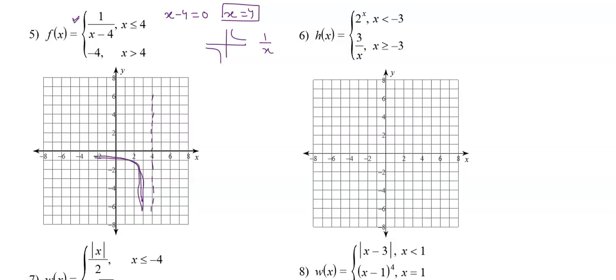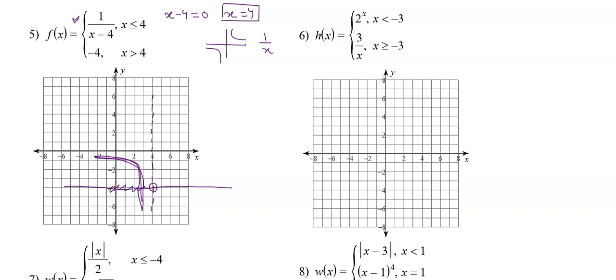Then the second function is, when x is greater than 4, y equal to negative 4. So it is nothing but a straight line, y equal to negative 4. And how does the straight line look? It looks like this, y equal to negative 4. But that is defined for x greater than 4. So anything greater than 4 will be accepted, and less than 4 is not accepted. So this part we will remove.